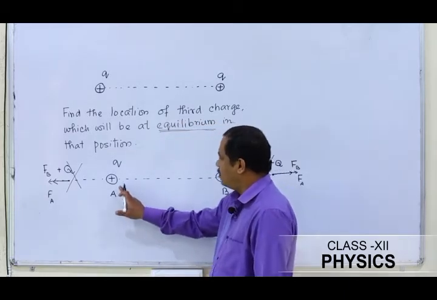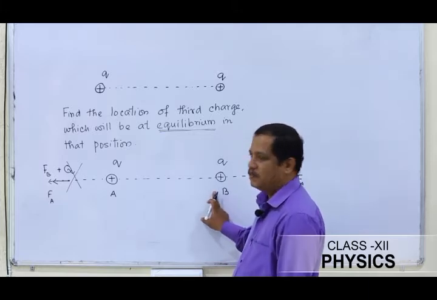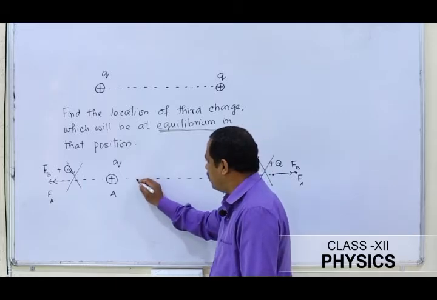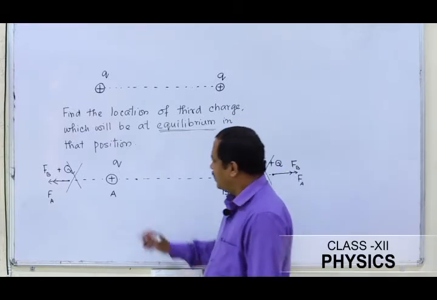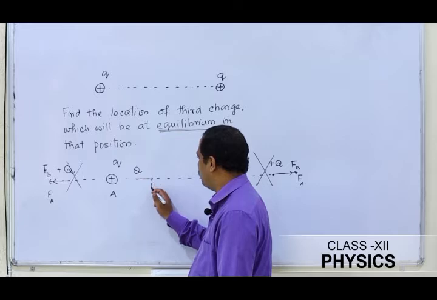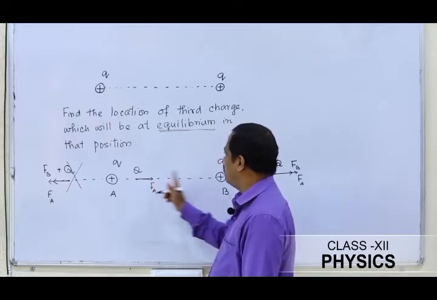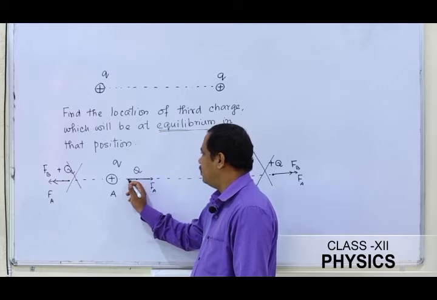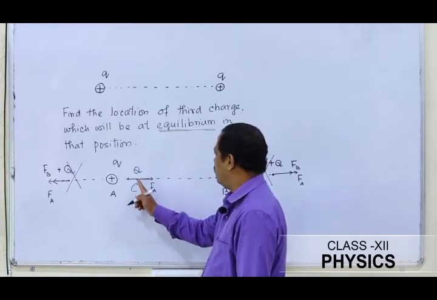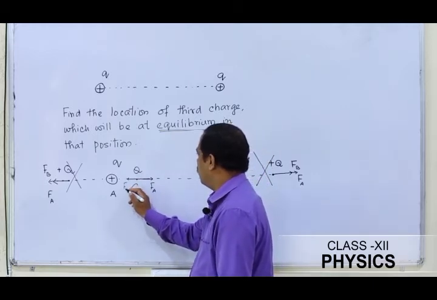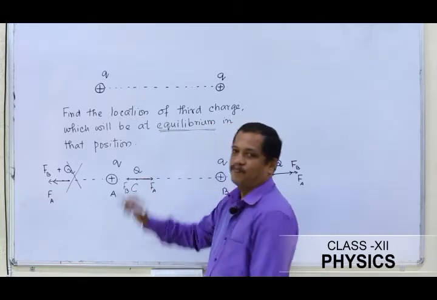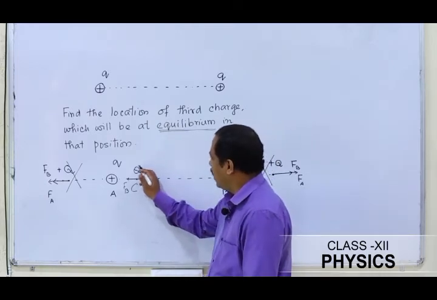Now the part that I am left with is between A and B. If these two charges are equal, and I take a point here closer to A, this will produce a repulsive force on the charge Q placed at this point. This will be Fa. And the charge at B will produce a repulsive force in this direction exactly. But since this point, say C, is far from B, the force exerted by the charge Q at B will be lesser than this force. So here also the charge will not be at equilibrium.